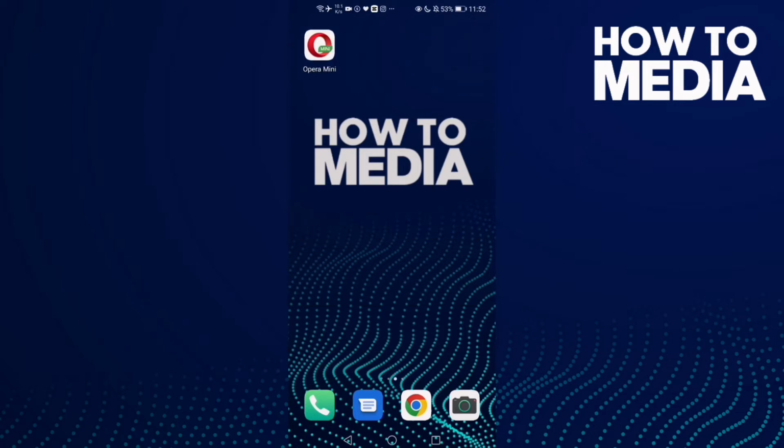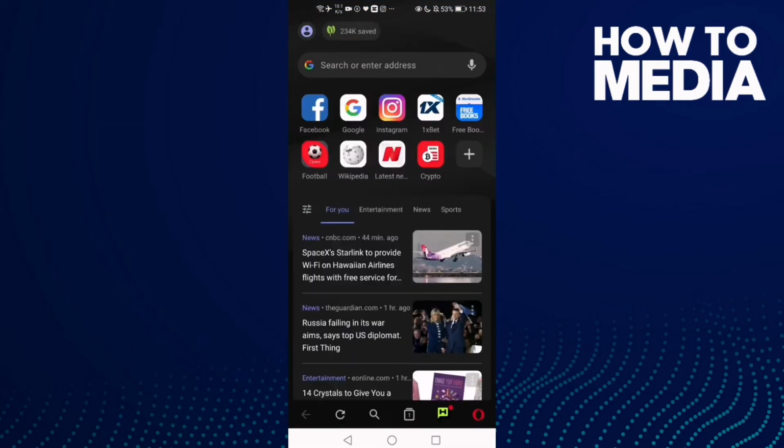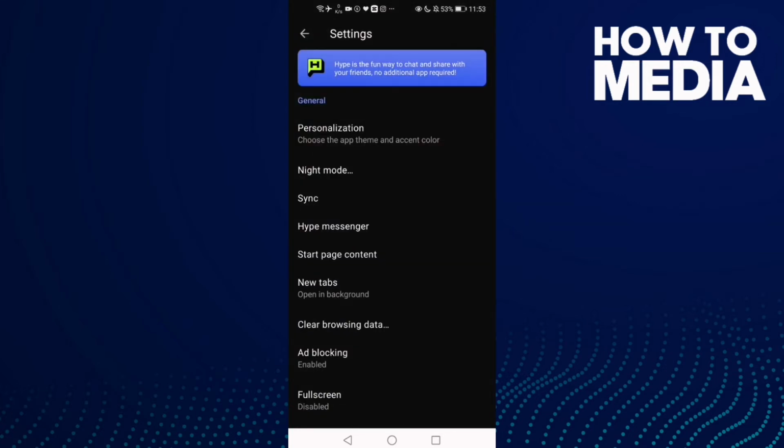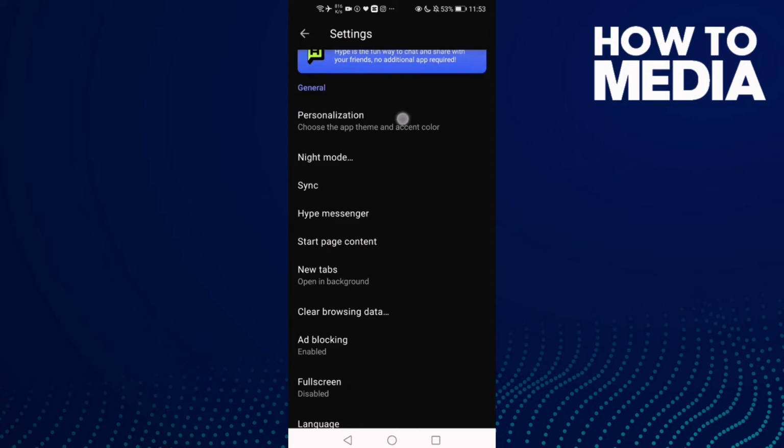First, we're going to go to Opera Mini, and then click this Opera Mini icon here, and then click this one, the settings icon, and now you will find this one here,